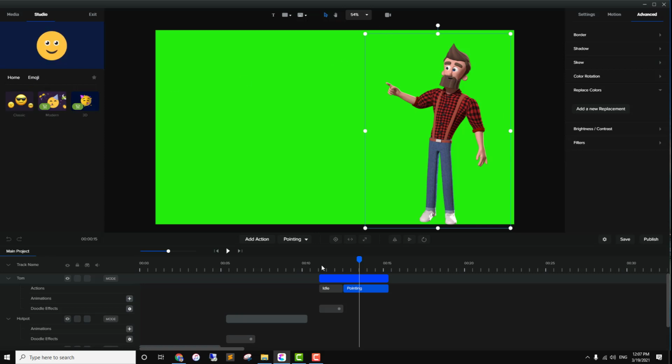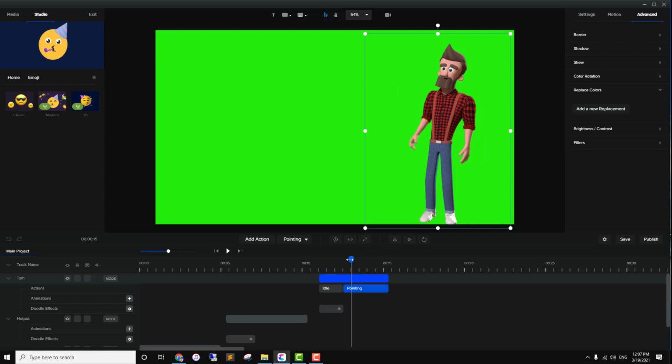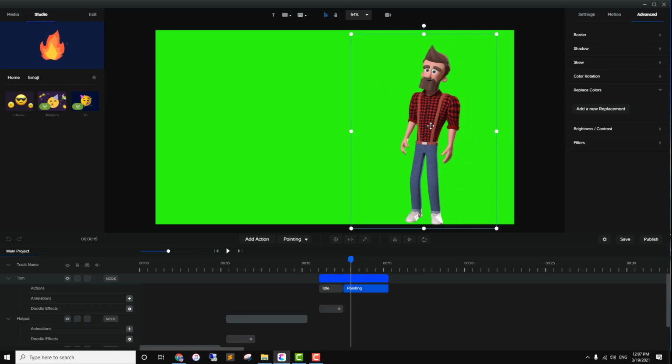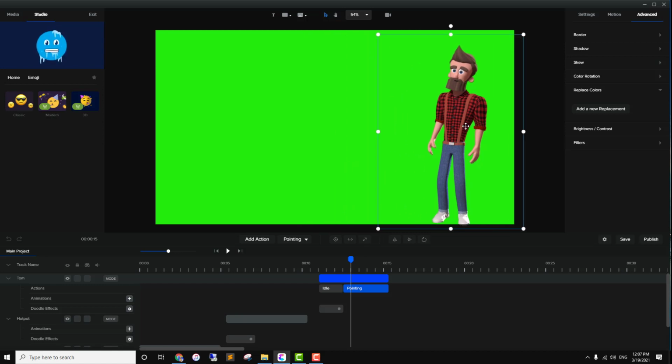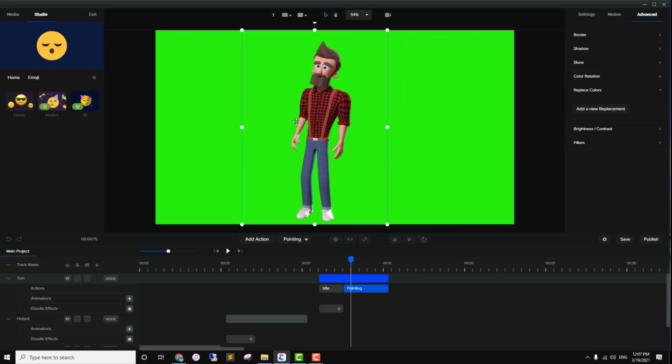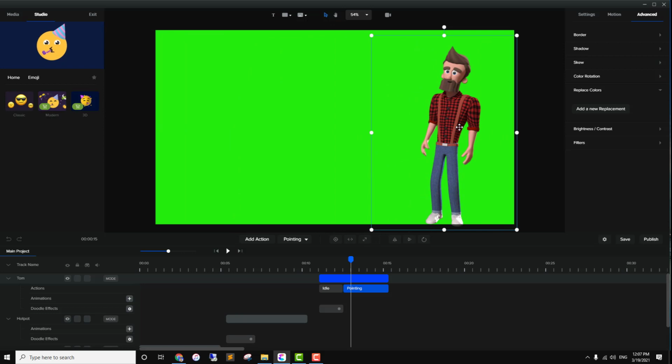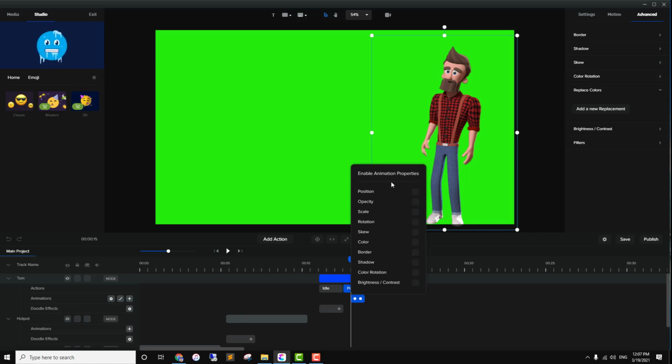And one more thing that I want to talk about is animation. So if you know about keyframe, the concept of keyframe, you can animate as you want. So maybe you want to change its position from here to here, or you want to rotate him, or these kind of things, you can do it. Just click on this plus button in the front of animation, and then these are the things that you can animate from a color, position, whatever you want to do.